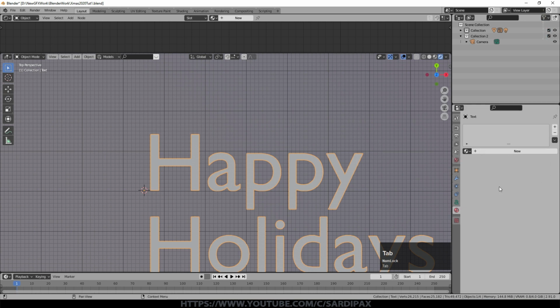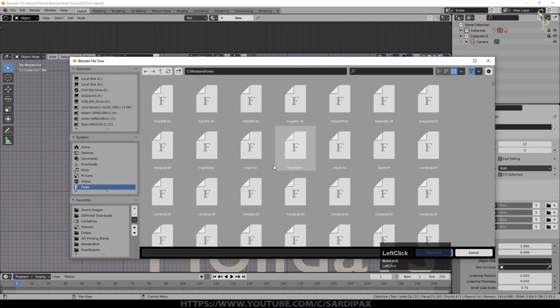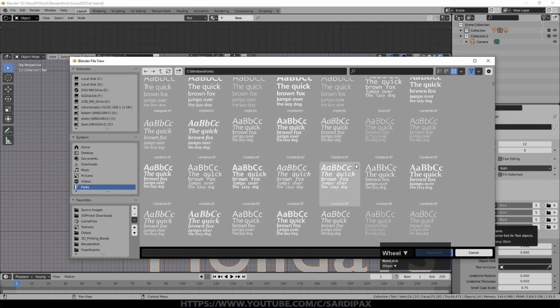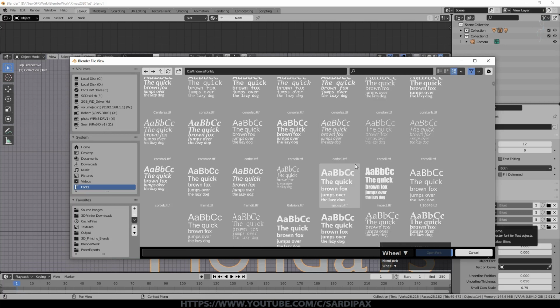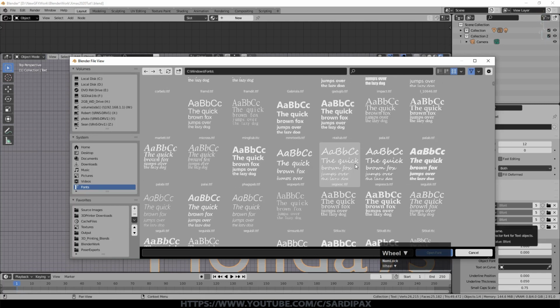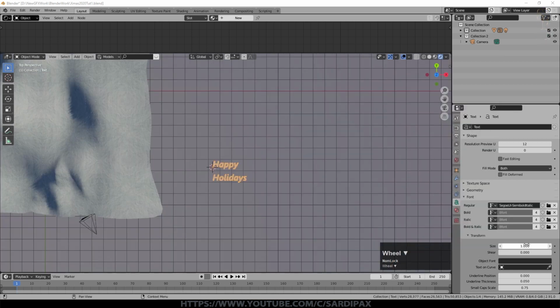Come out of edit mode, and if we click on this little A here, we can change things like the font. So we can click here, and it will give you a preview of the fonts once it updates. Unless you have an awful lot of vertices on your ground plane, don't go to too complicated a font or it'll be difficult to read. And if you have to have an awful lot of vertices, that'll make it take a lot longer to render and so on. So go with a fairly simple one, I suggest. So you'll need to set the size. Obviously you can change that at any time.